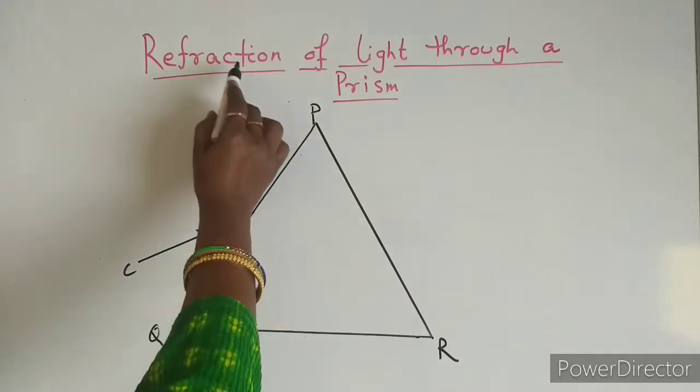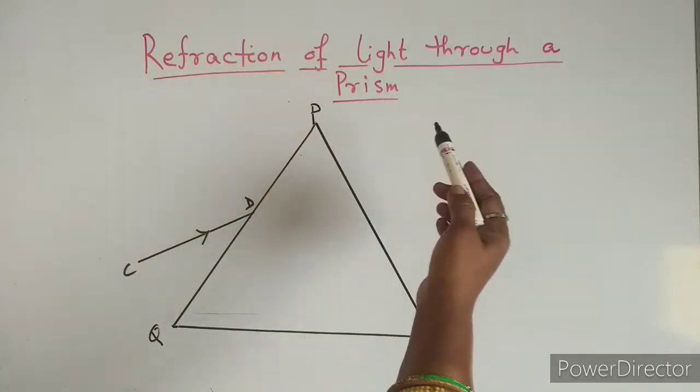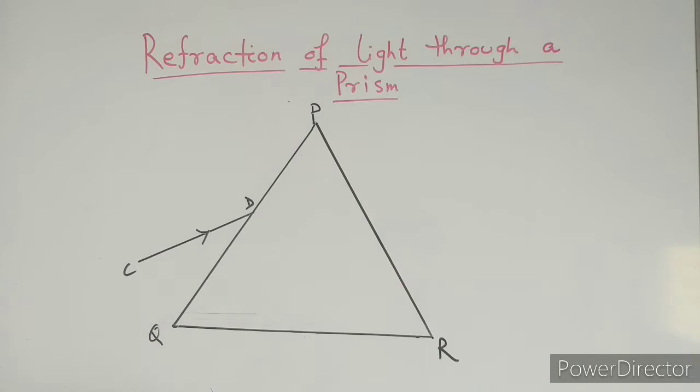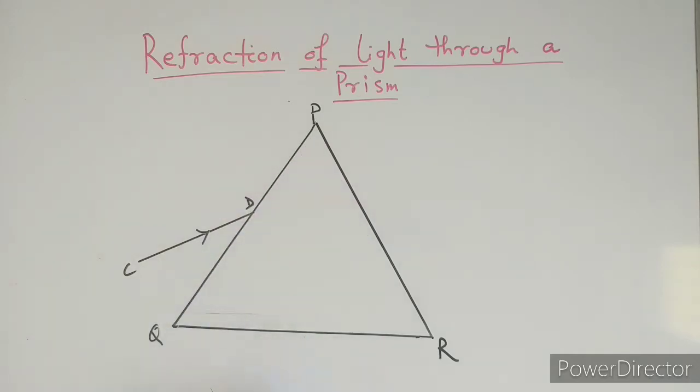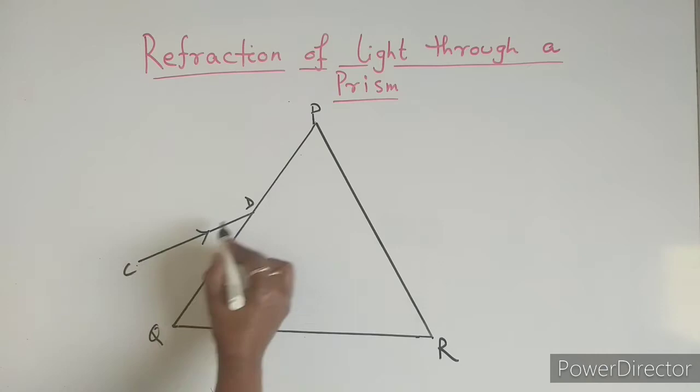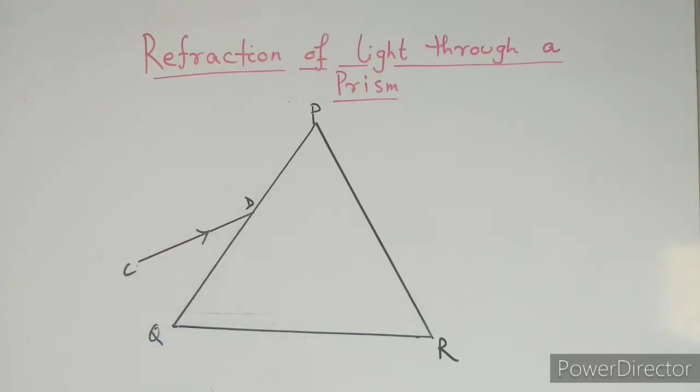Today we will discuss refraction of light through a glass prism. Let's see here. This is the prism, PQR, that I have taken. This is the front view, and PQ and PR are the refracting surfaces, and let CD be the ray striking the